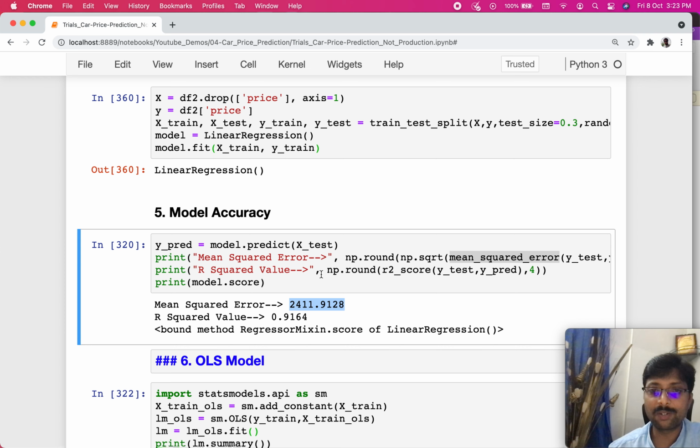Another important factor that we need to consider when we are measuring accuracy is the r squared metric. R squared is a parameter that would tell us how efficiently the prediction has happened.